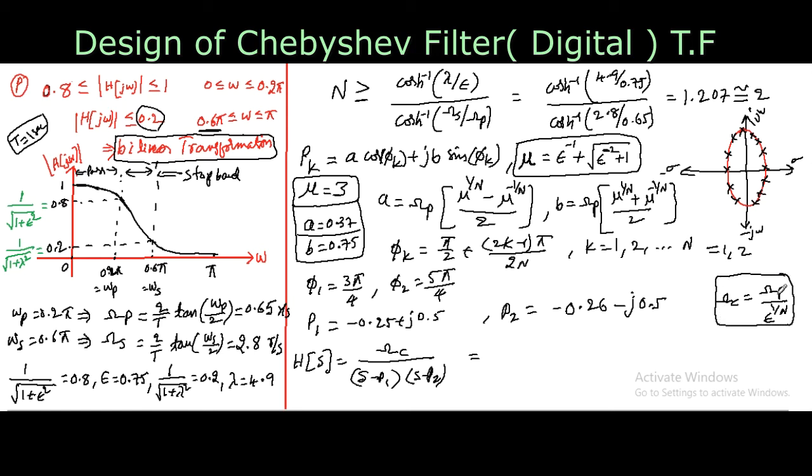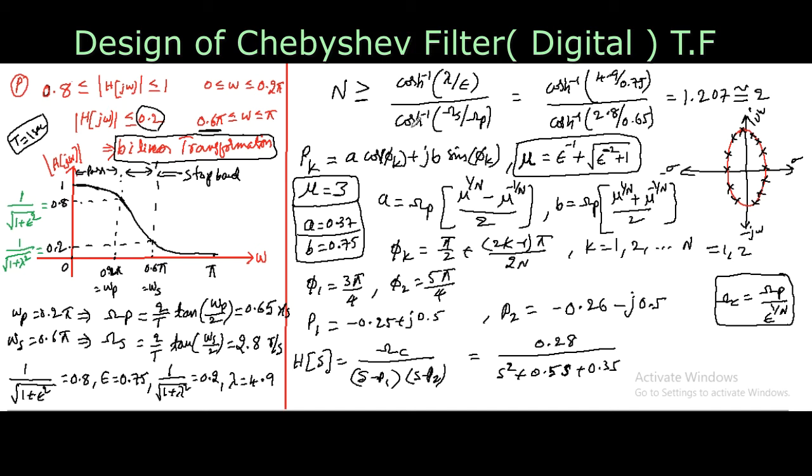Right? So substitute this omega p and epsilon values in this, and we will get omega c. Substitute these poles in this equation, and finally it gives the analog transfer function H of s. The simplified answer I am writing here: 0.28 by s square plus 0.56 s plus 0.35. To design the digital filter, or to find the digital filter transfer function,